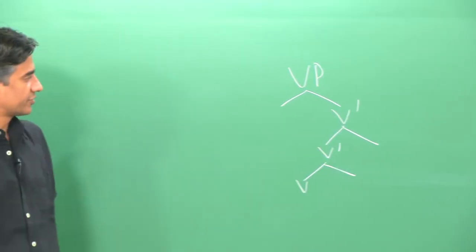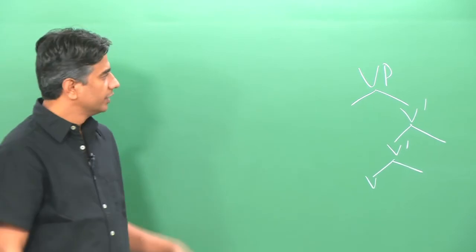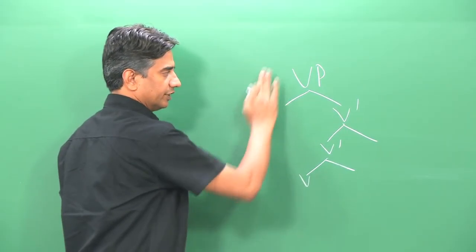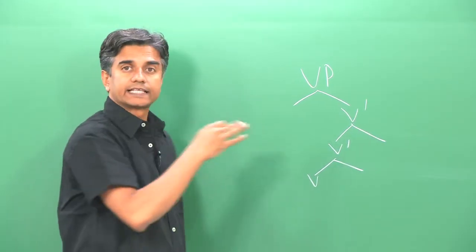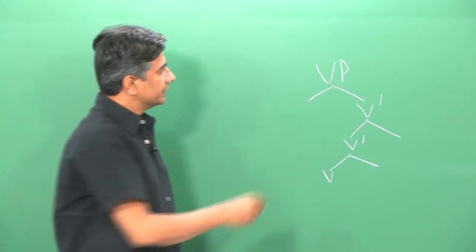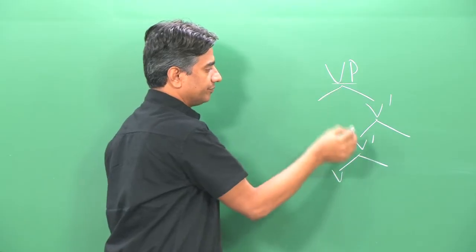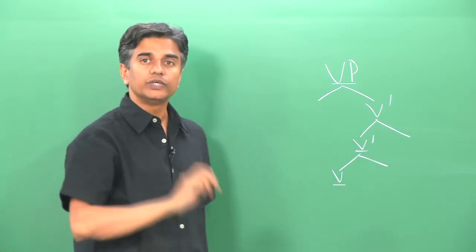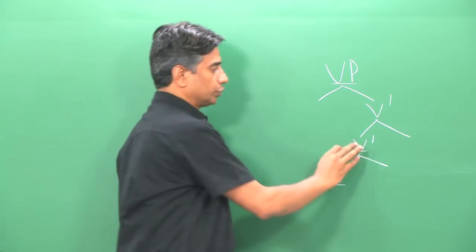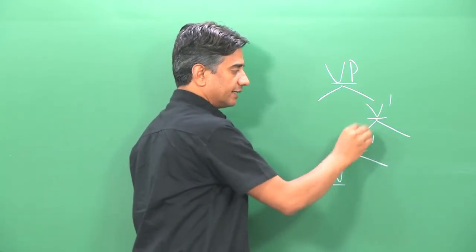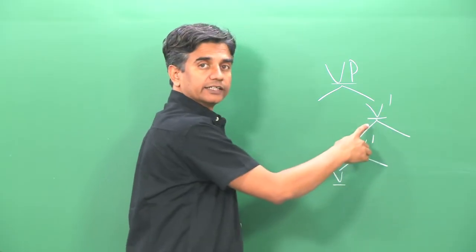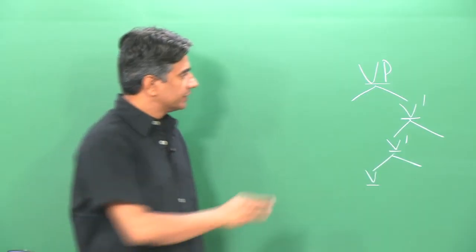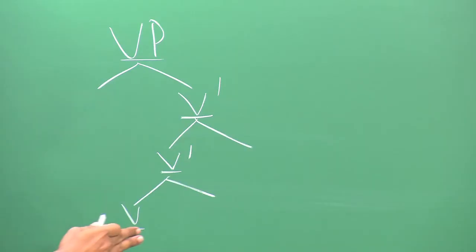Look at this bare structure first. So this is maintaining the template of X bar. This is a maximal layer, this is an intermediate layer, and this is a terminal layer. We see two nodes of intermediate layer. We are coming to that, and we will look at why we need two of them. But this is a minimum template.